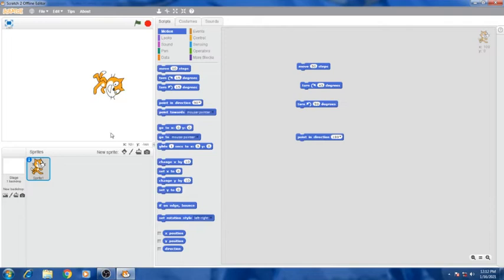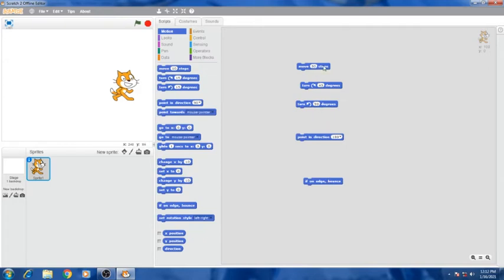And the next one is if on edge, bounce. Here this one is the instruction, if on edge, bounce. Click and drag and you can see it here, and if you click it, what will happen? Bounce means what? If it touches the edge, it will move in the opposite direction. Let me change this sprite to face straight. If on edge bounce means if this particular sprite touches this edge, it will automatically turn direction. For that purpose you can use this particular instruction.